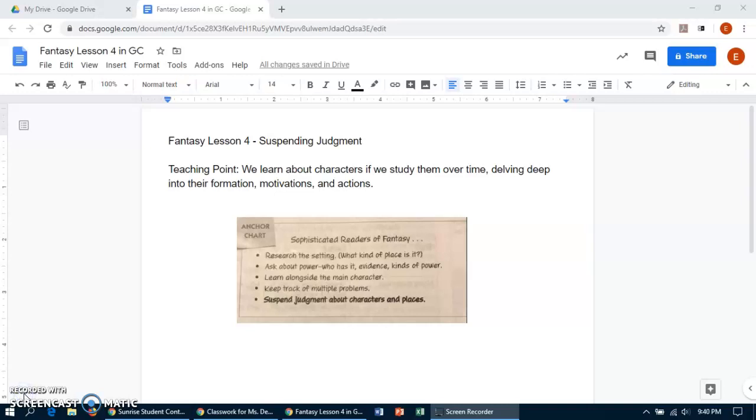Understanding the characters of your book really well can lead you to uncover some really great themes. Remember, a theme is a lesson or a message that a book conveys. And a lot of times we learn those messages through our characters and their interactions. I hope this lesson was helpful in understanding the complexity of fantasy.